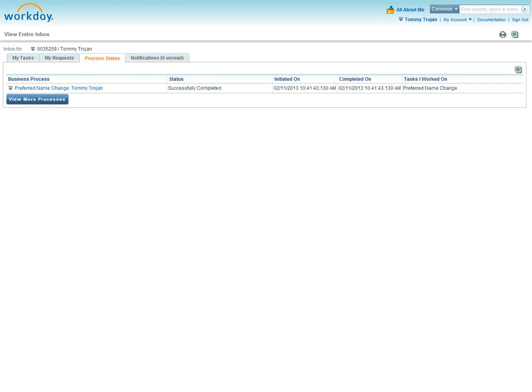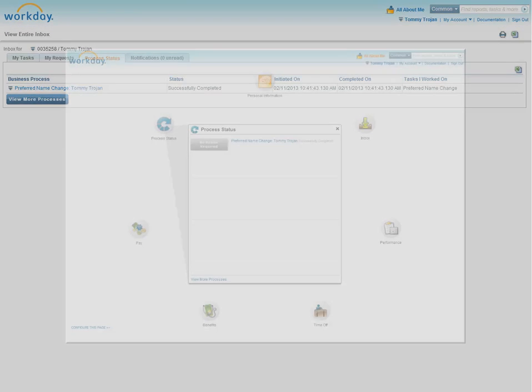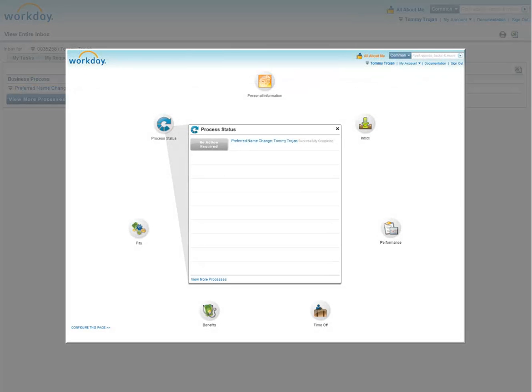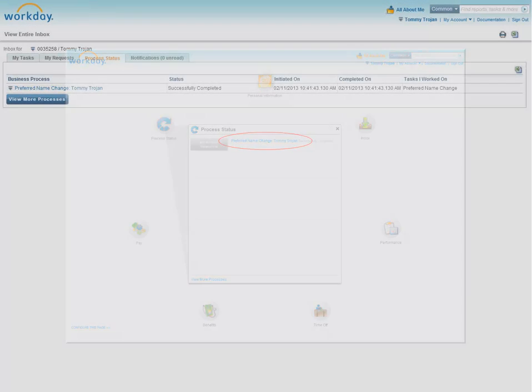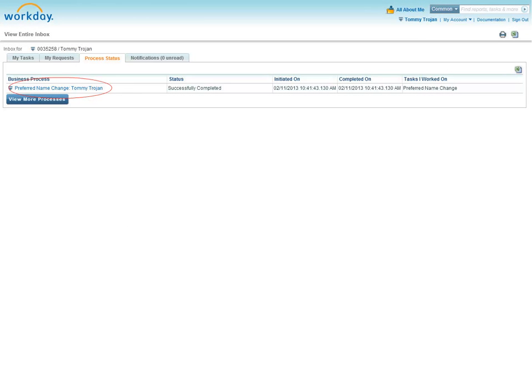Let's look at the Process Status tab for a moment. Now, you may recall that there is a worklet on the All About Me page named Process Status, and much of the same information that appears on the worklet can be found on this tab in the inbox as well. This is a great example of how Workday offers different ways to get at your information. Depending on where you are in Workday, it may be easier to go one way or another, and they'll both